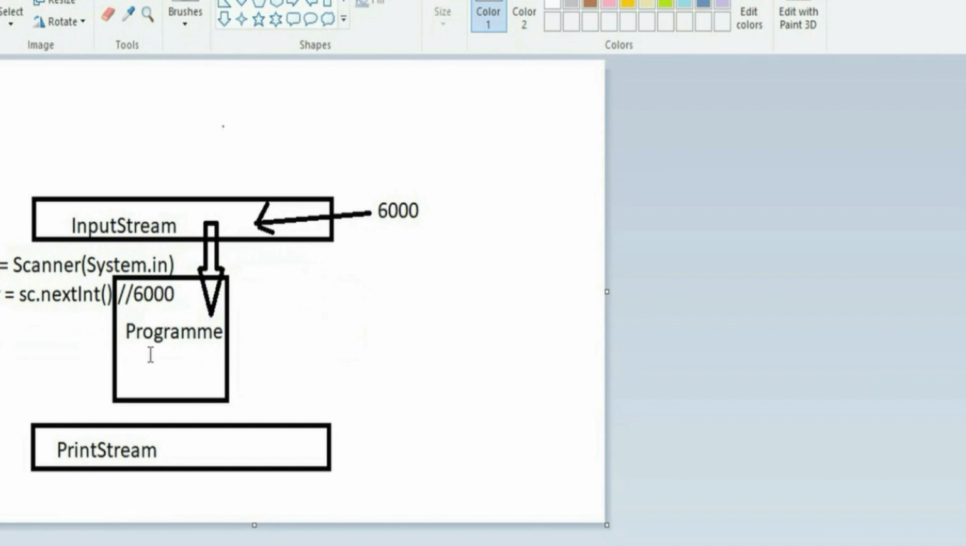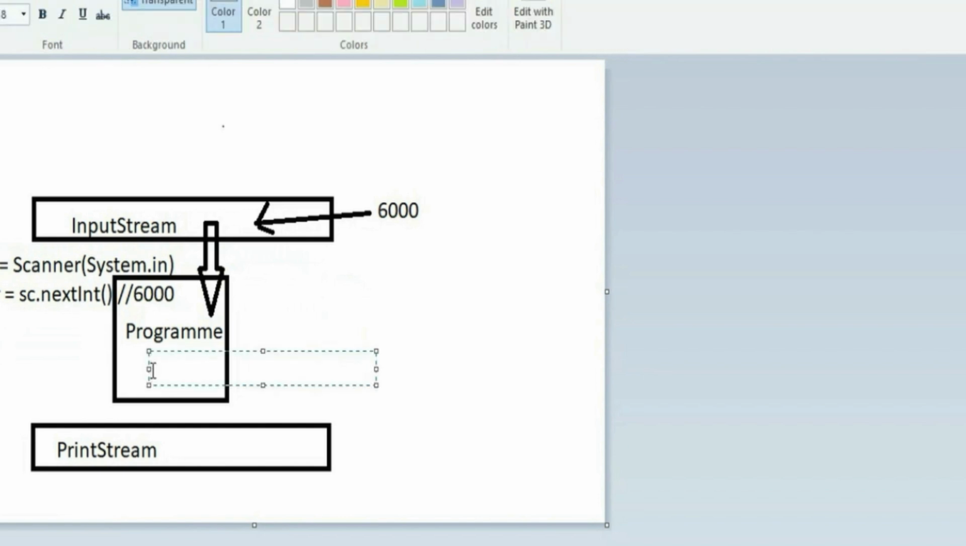And then my program is executing the logic for the value which is entered. Suppose I'm converting into dollars. Sorry, converting into rupees. And then with the output stream that we are writing,